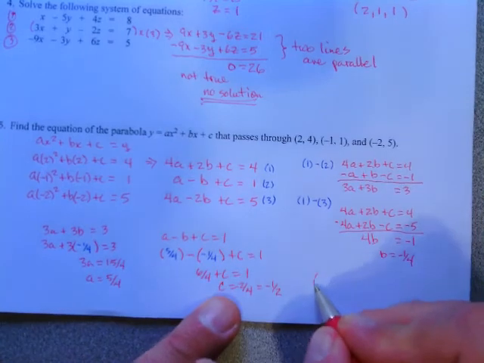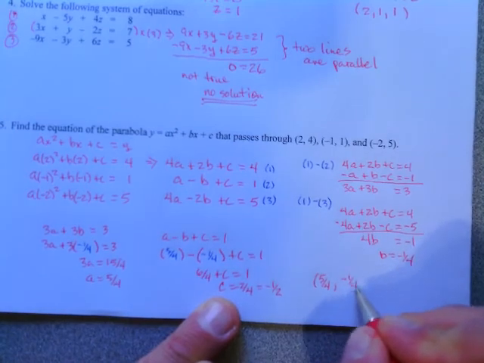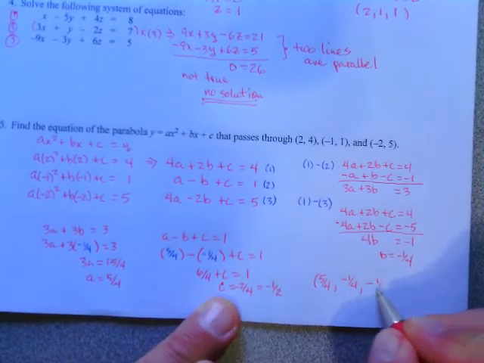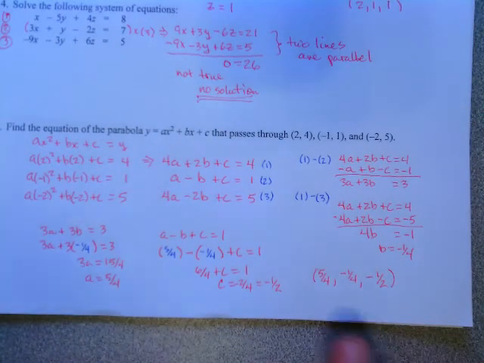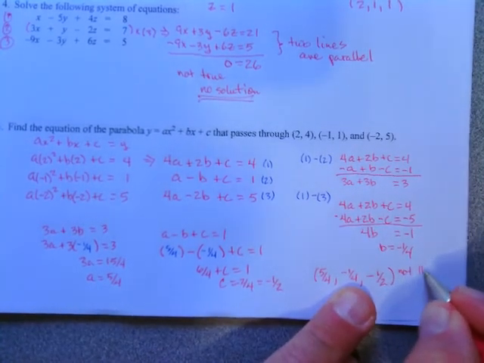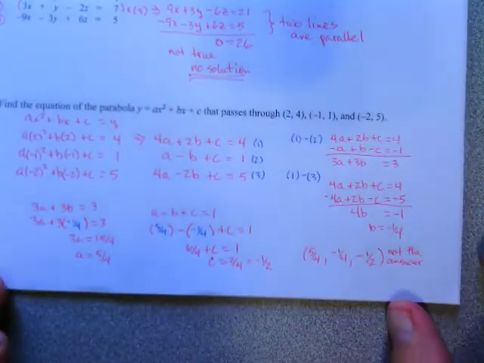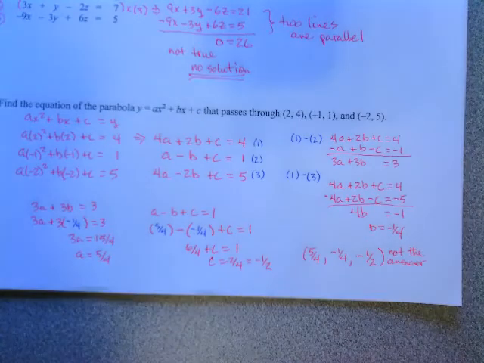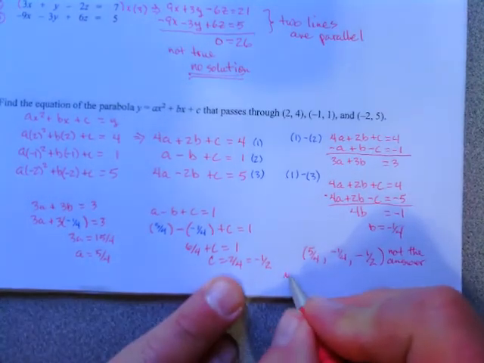And so my answer will be 5/4, -1/4, -1/2. Now, that would be as if it was a point of the a, b, c, but what we were really looking for, again, this is not the answer. It's always important to be aware of what was the actual question. The actual question was to find the a, b, c of the equation. So instead, the answer will be,